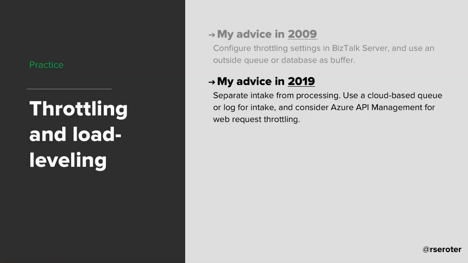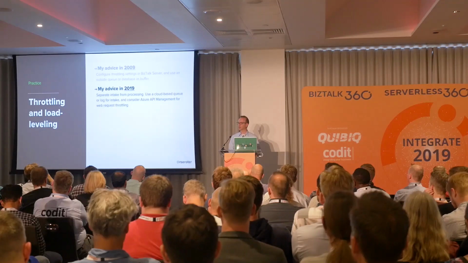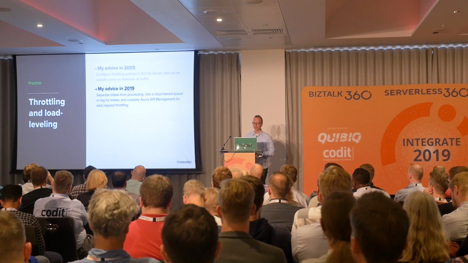My 2019 advice is keep separating the intake from the processing. That's where some of these cloud systems are amazing, because I can beat the daylights out of them more than anything I could probably do on premises, especially with things like Service Bus and Event Hubs. I can flood those things and then still choose to consume at my rate, right? I can purposely do that sort of consumption model that works for my system.